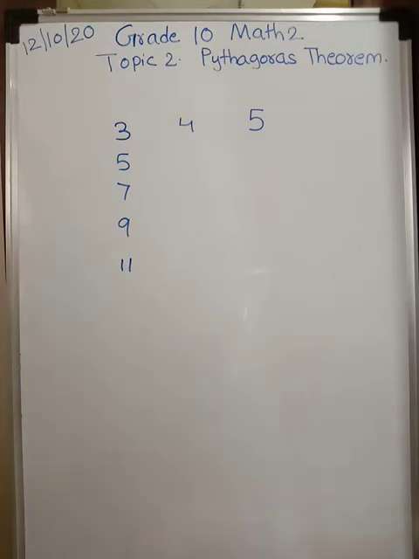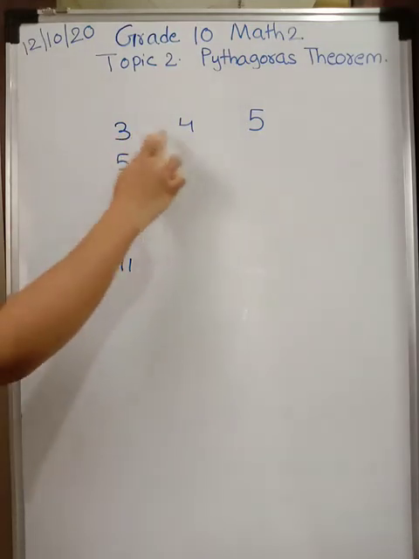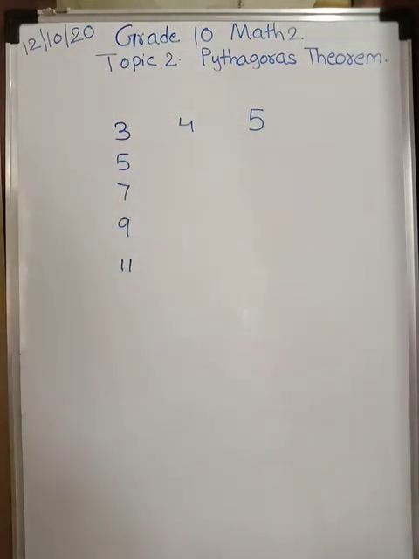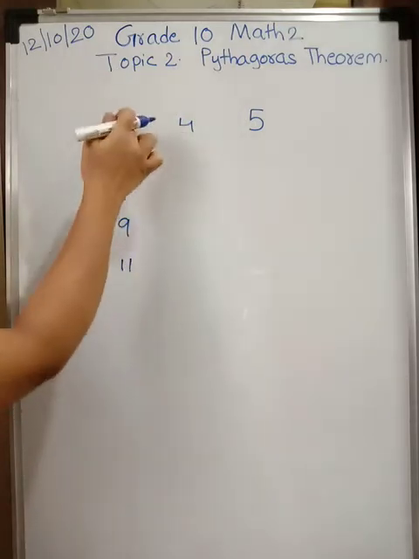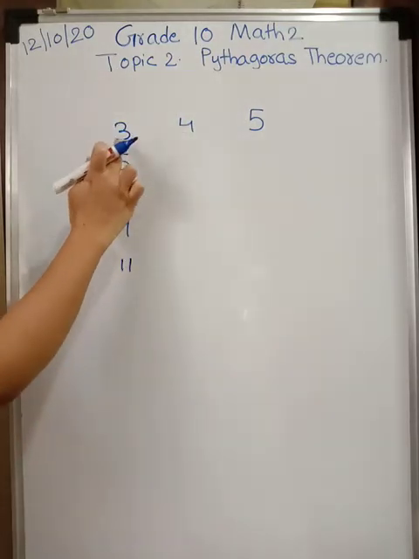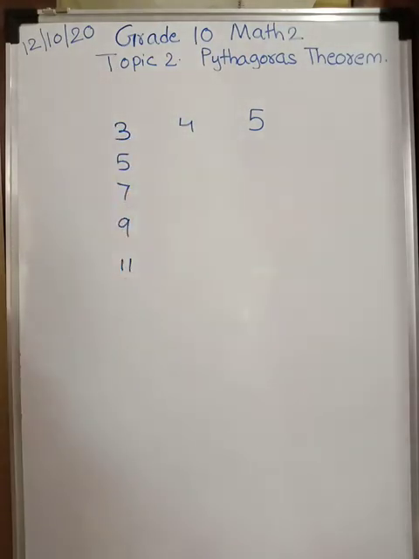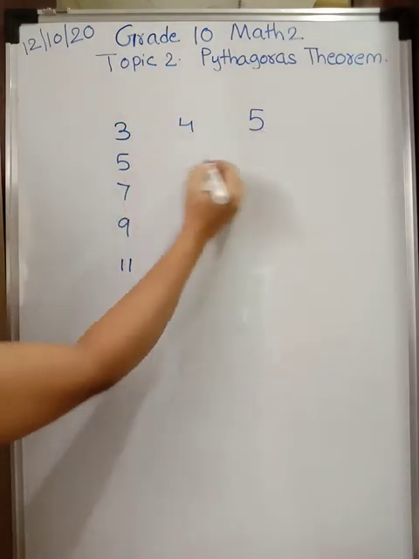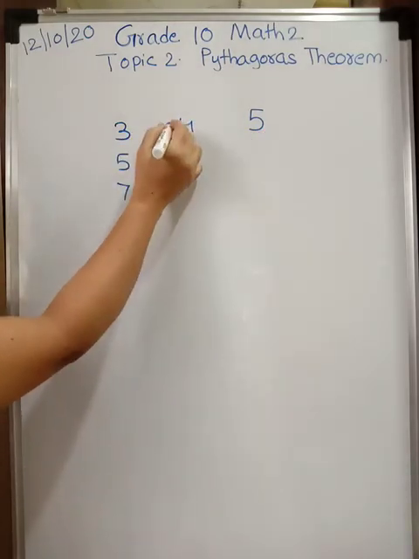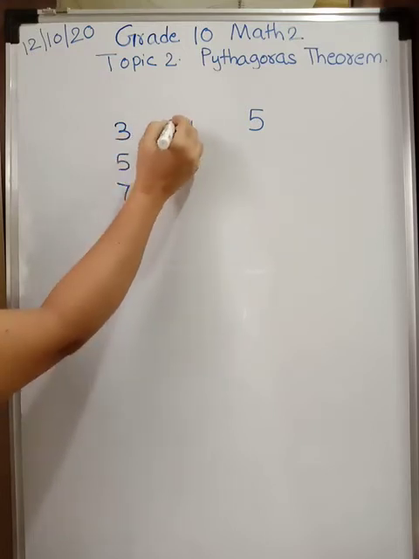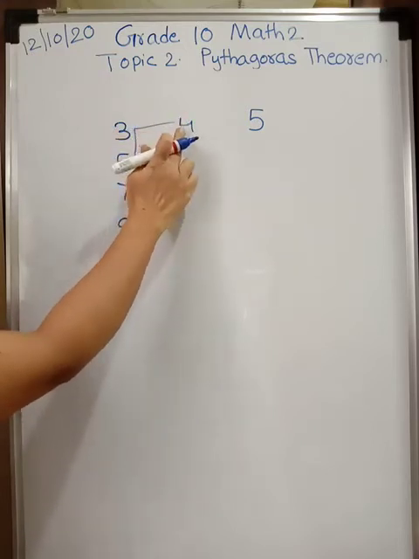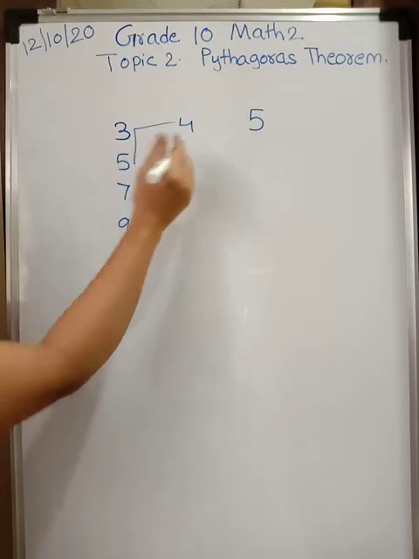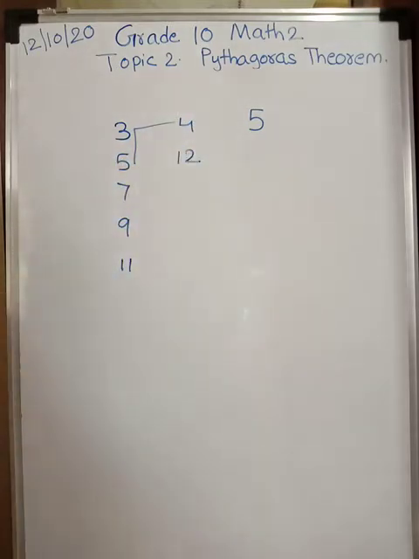Let me tell you one more trick. Now see students, 3, 4, 5 is a Pythagorean triplet known to you all. So first write like this. Now write all odd numbers after 3: 5, 7, 9, 11. Now to get this middle term, this is one Pythagorean triplet. To get another Pythagorean triplet, add 1, 2 and 3 terms. So this 3 we are going to add. 4 plus 3, 7. 7 plus 5, 12. 12 is your second term.